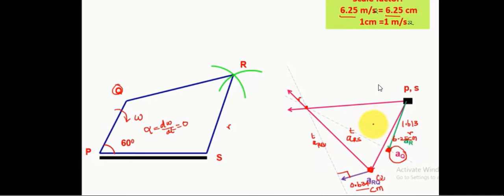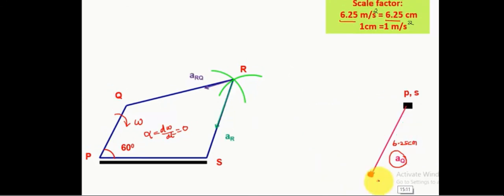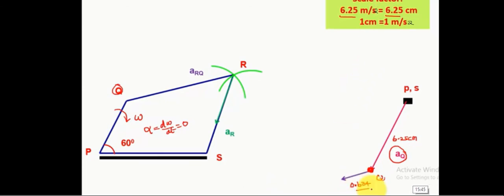Hope you know how to draw the acceleration diagram. I will just skip through all these steps again. First draw AQ 6.25, then you trace the point ARQ, that is the radial component of link RQ. You already found out the length, so scale it and draw it. Along with that point you draw a perpendicular line to represent the tangential component of RQ. Then again you have the other radial component AR, trace it to the point S because that will be ARS. So you take the scaling accordingly 6.25. Then from that also you draw another perpendicular line and that will intersect at a point.